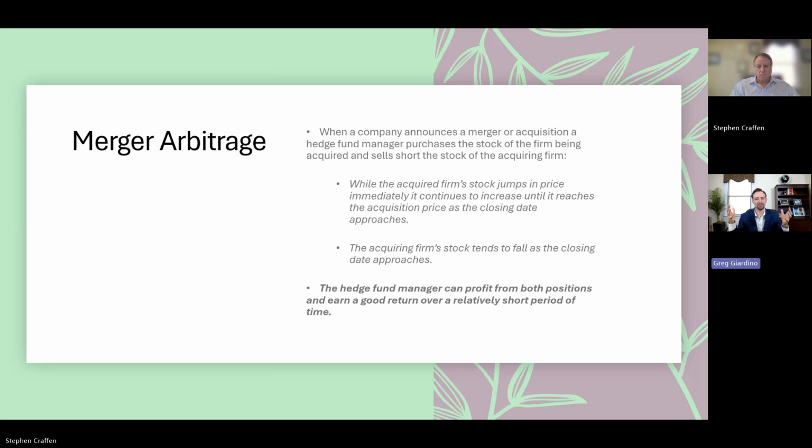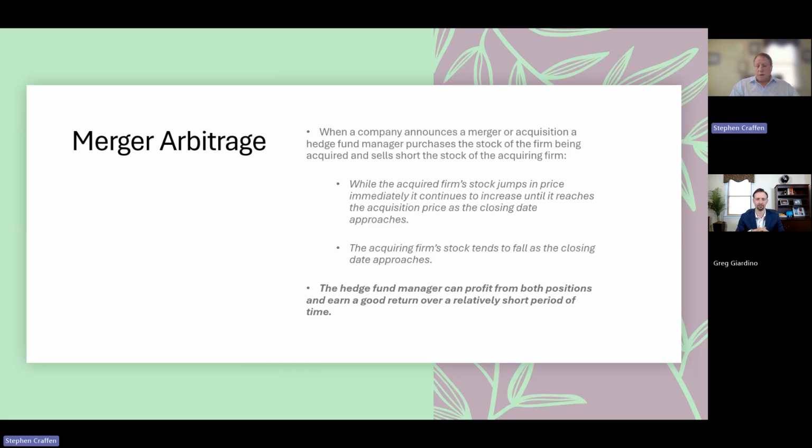And as a result, this is another strategy that has no direct correlation to how the stock market's doing. It's literally dependent upon this deal. But also, there's some risk to this because if the deal falls through, well, then the stock price of the company that was acquiring the company will fall. So, once again, I think this is another strategy that has its place in certain percentages, but something that some endowments will employ within their strategy.